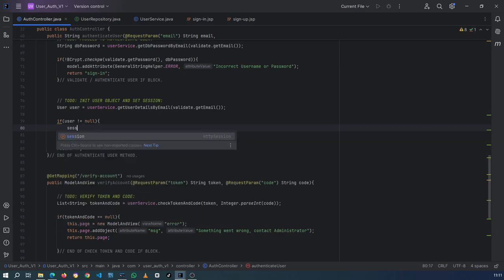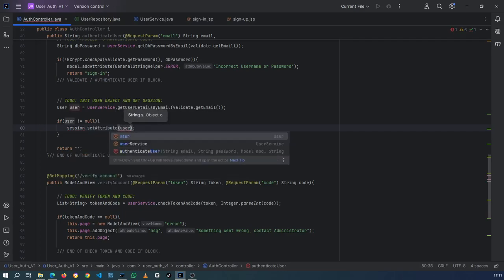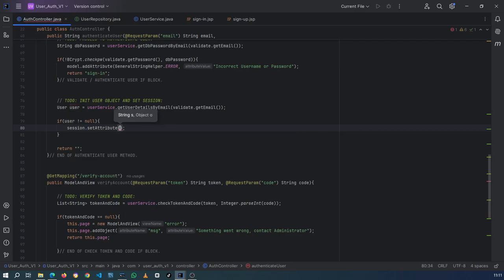So we're gonna say session dot set attribute. We're gonna call this user, and then we're gonna set this user object in here, and then